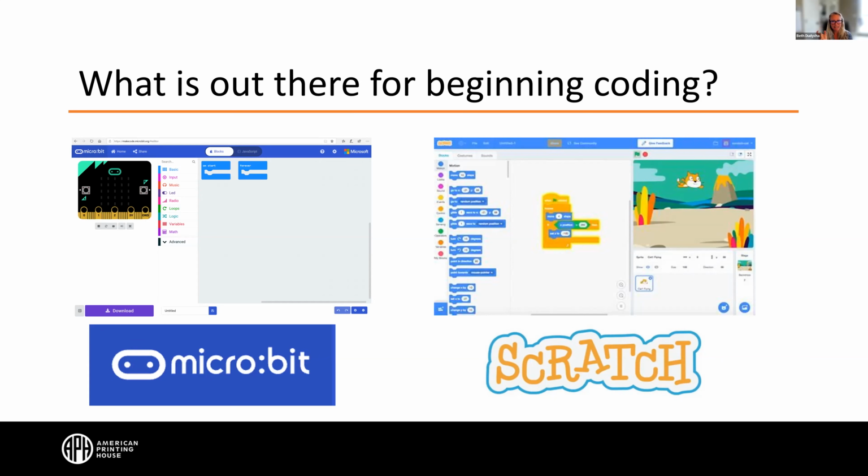You could think of them like sentences or sentence fragments, and they're often colored together. You can see in the example in Scratch, both of them have colored blocks with a sentence fragment in them, and the student can drag them around and put them together and make sentences and paragraphs out of these blocks of code, so to speak. And they fit together kind of like a jigsaw puzzle, but that's not easy to do for all students.